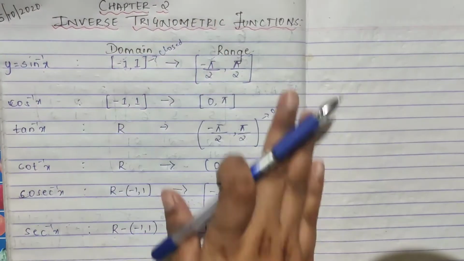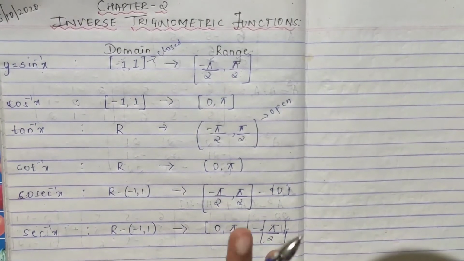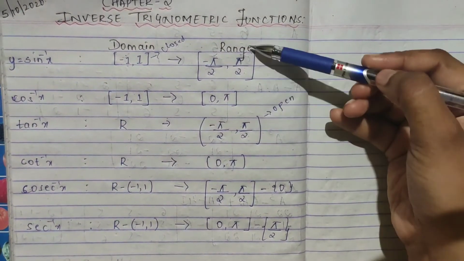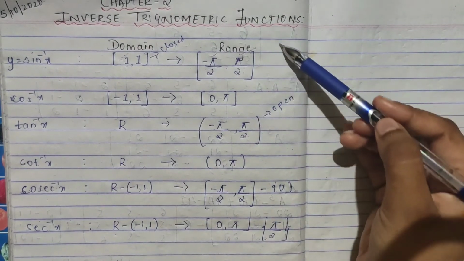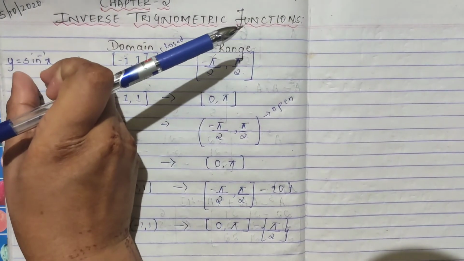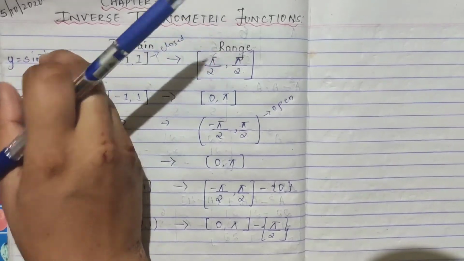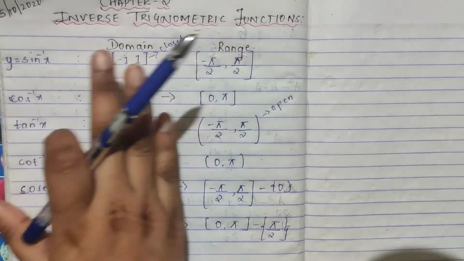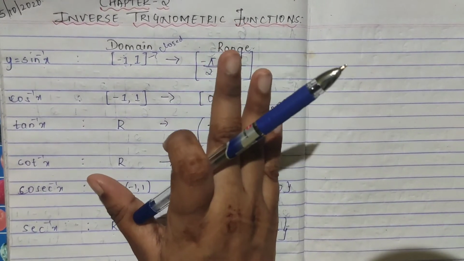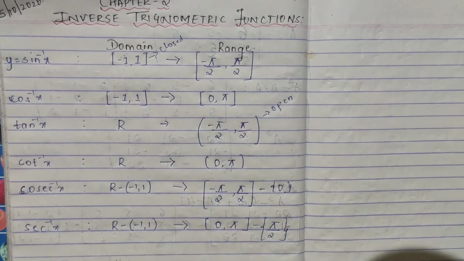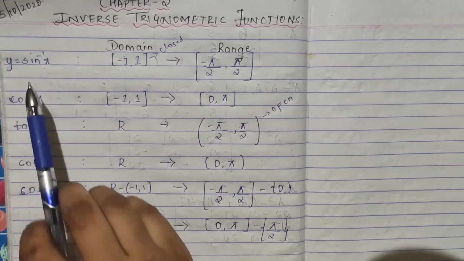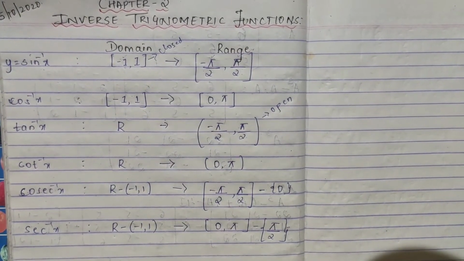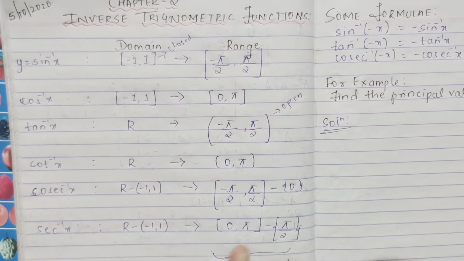So you have to remember this, because it is helpful to solve your problems. All this range part, whatever they have given, we call the principal value. If they give you a question on sine inverse and tell you to find the principal value, it means the angle you get should lie in this particular range. For sine inverse, the principal value range is -pi by 2 to pi by 2, cos inverse is this. So as I said, these are your principal values.